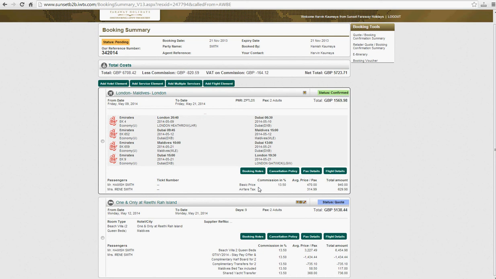The only thing left to do on this particular booking is to add your services, namely the transfers, but of course in the Maldives these have already been included, so I'll show you that on a separate